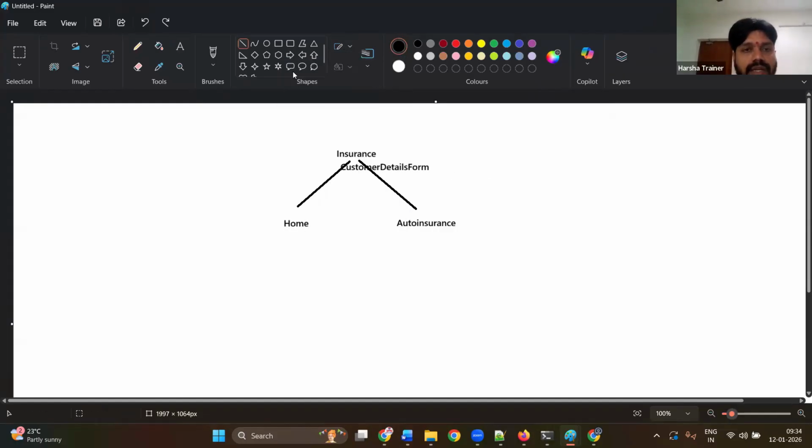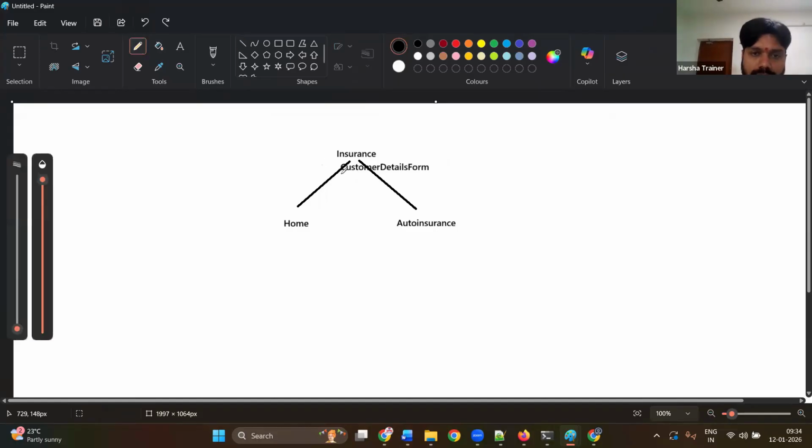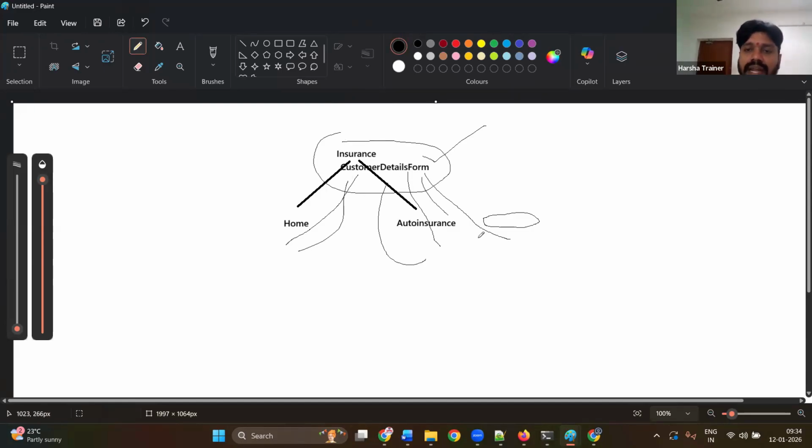So without creating it one more time, one form can be accessed here, and the same form can also be accessed here. In future, if you have another type of insurance, you can access it there also, without recreating. The advantage of inheritance is reusability. Reusability means create at the parent class level and access in all children without recreating again and again at all child classes. Are you clear about the inheritance concept and its advantage?